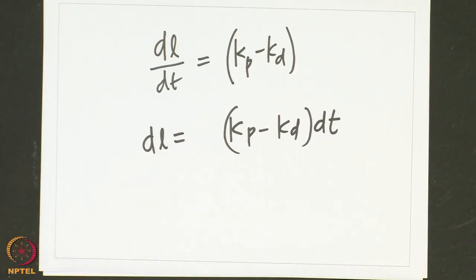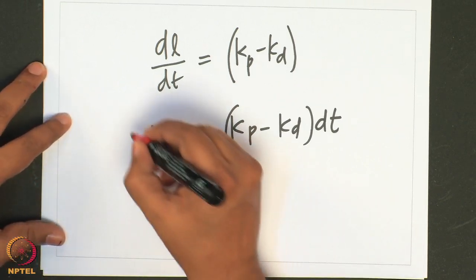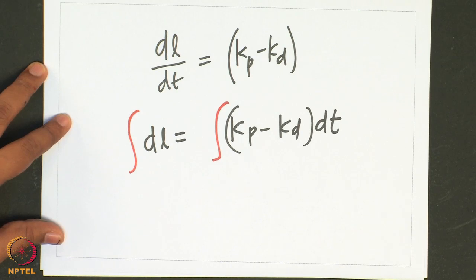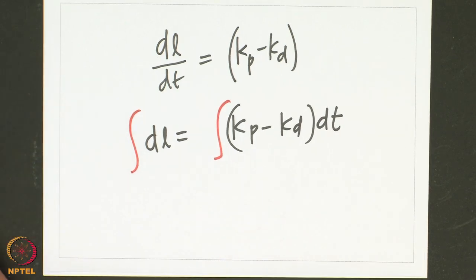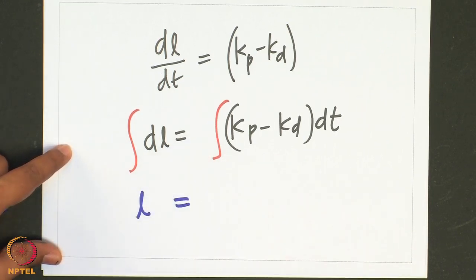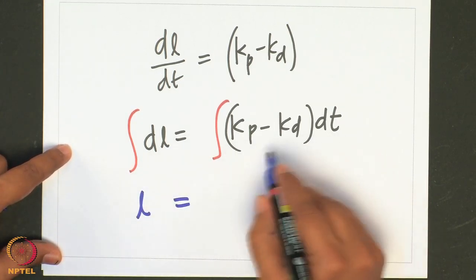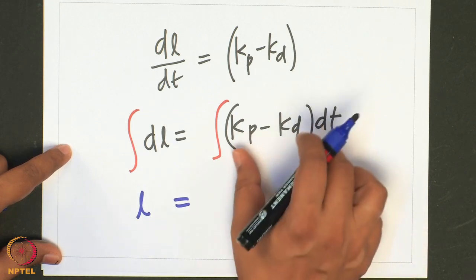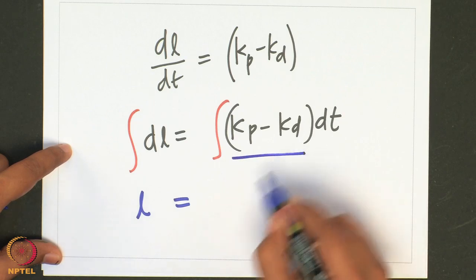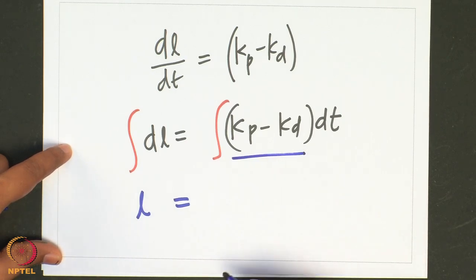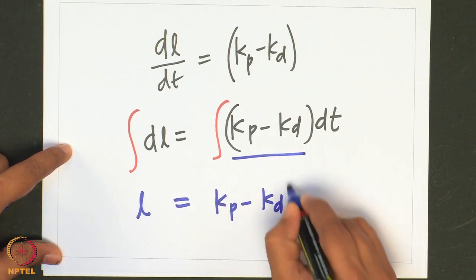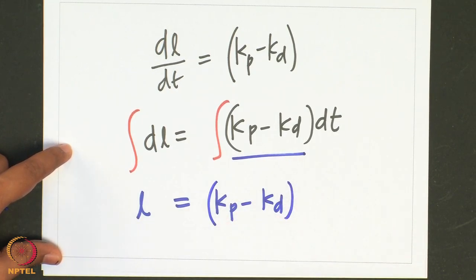So, I can integrate this on both sides. That is, I put an integral symbol on both sides. Then if I integrate this, I will get L here, since the integral of dL is L, and kp and kd are constants. So I can take them out, just like a constant. I will keep kp minus kd as a constant like this,